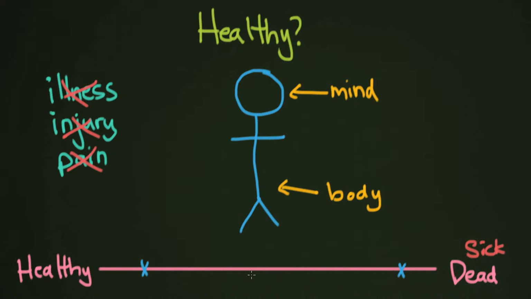Maybe sick would lie on this chart here in the middle. But obviously it's more complicated than that, because you could have an incredible body, but your mind could be giving you trouble. And then there's another element to this recipe that I would like to add,